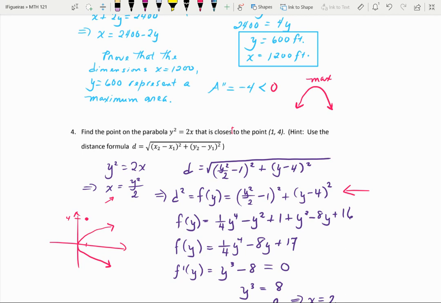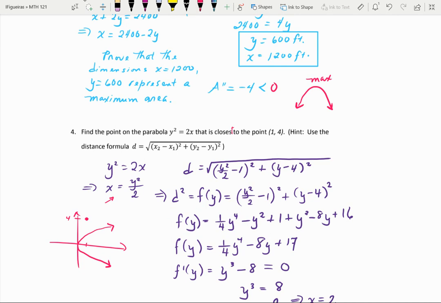You're basically avoiding one layer of chain rule. So I'm going to square both sides, and just for practical reasons, when I square d, I get d squared. I'm going to call that a function of y, which you see here, and then the square root goes away on the right side. So now I have f of y equals,